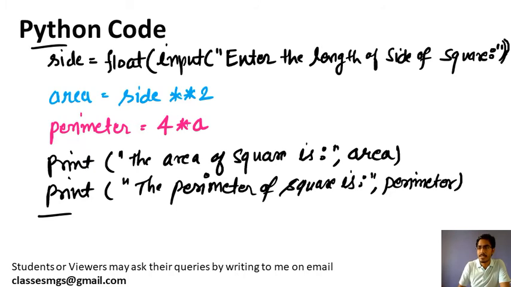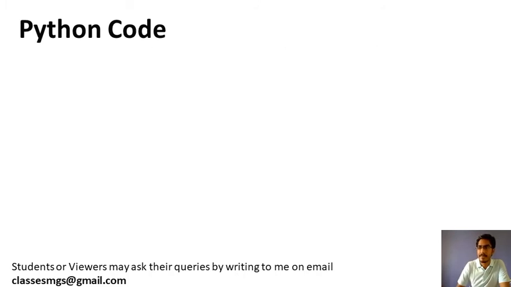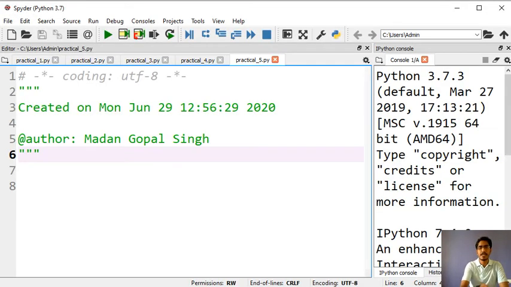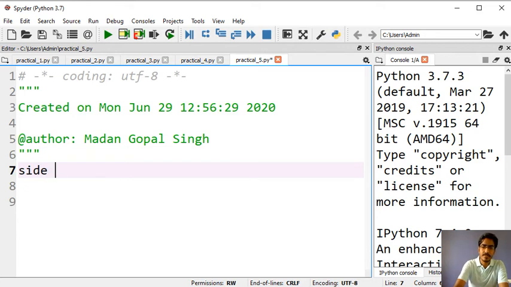Okay, now we will see this in the Python editor. I am opening the Python editor here. So here it is our Spyder. I will write the code here. First I need to take the input from the user.